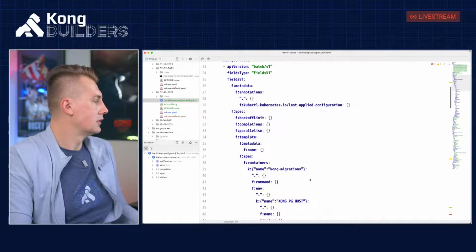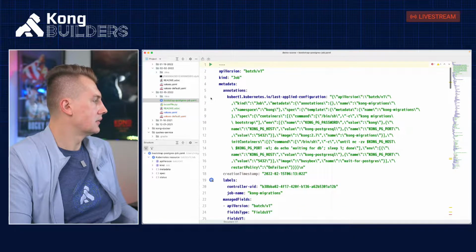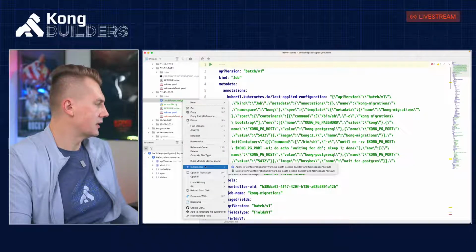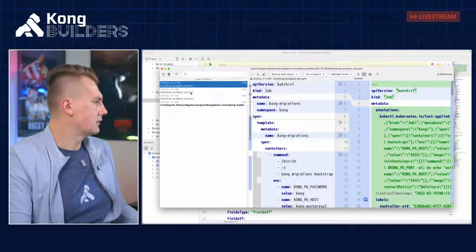Actually, not what I wanted. I would just go and show history. It looks like it just picks this up from my previous run. So local history, show history, and this is something that I want to do.